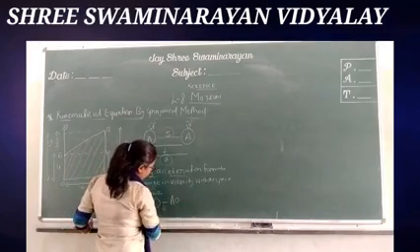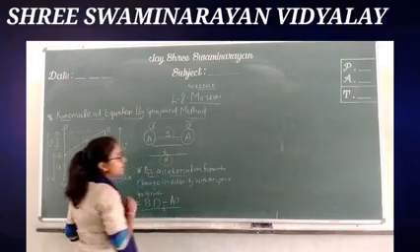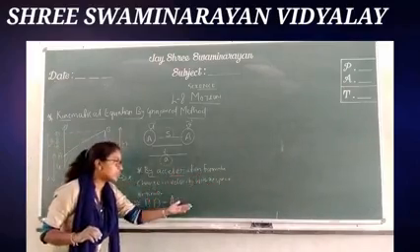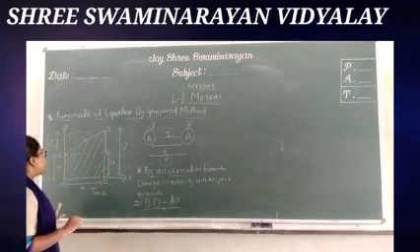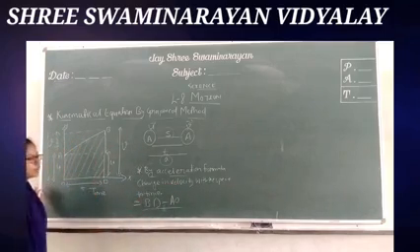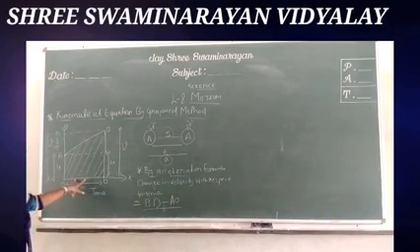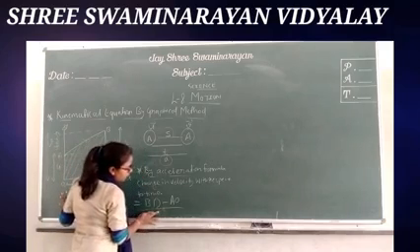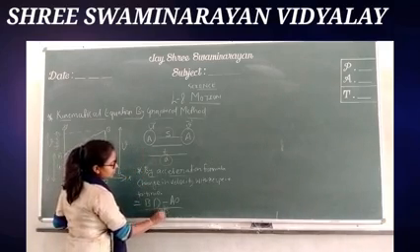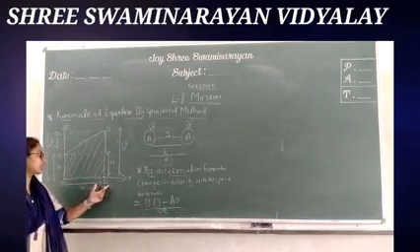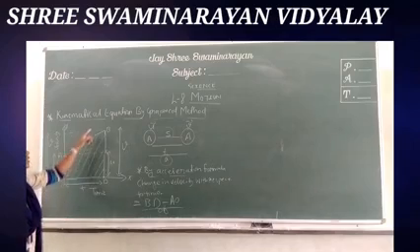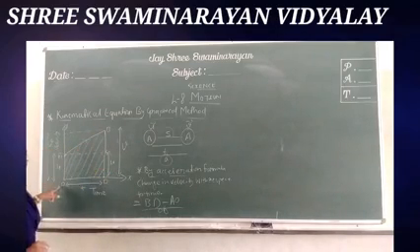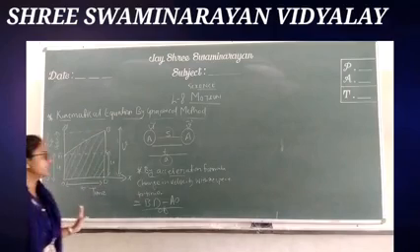So BD minus AO divided by time, because the velocity has changed with respect to time t. In the graph, time t is represented by OD. So BD minus AO by OD. Okay students, O to D is time t. From B to D is velocity v. From A to O is initial velocity u.